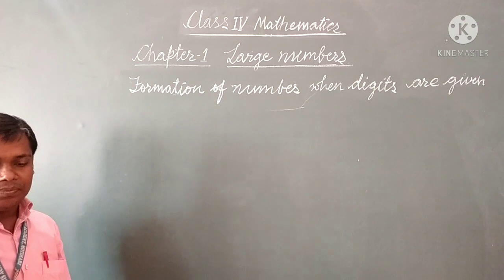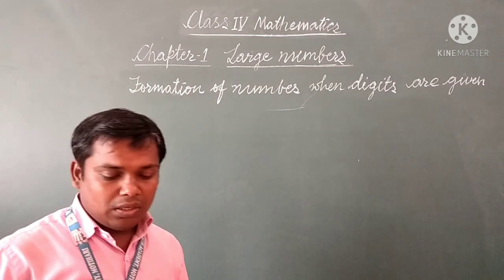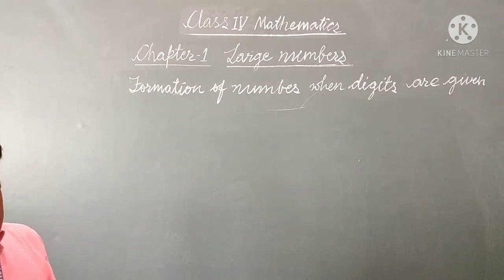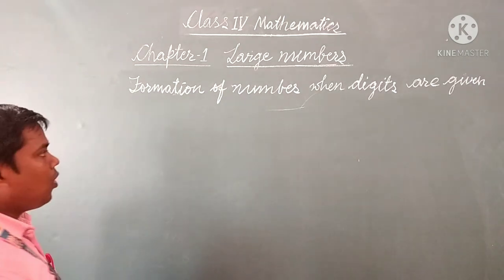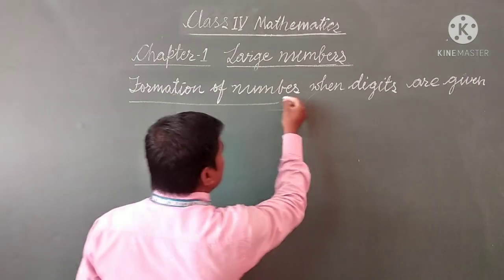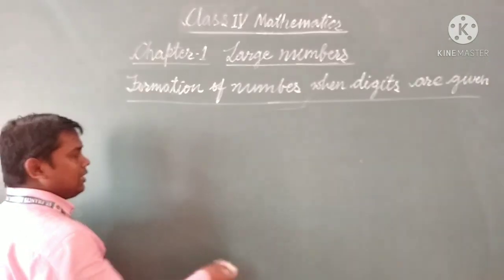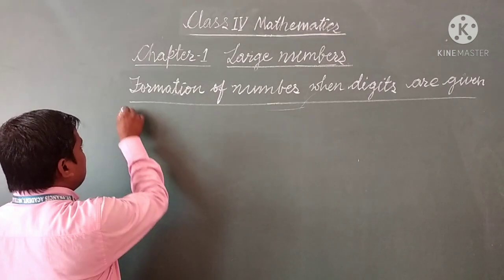Take an example. Form the possible 3-digit numbers using each digit only once. So I am taking an example to make you understand how to form the numbers from the given digits. Example is: